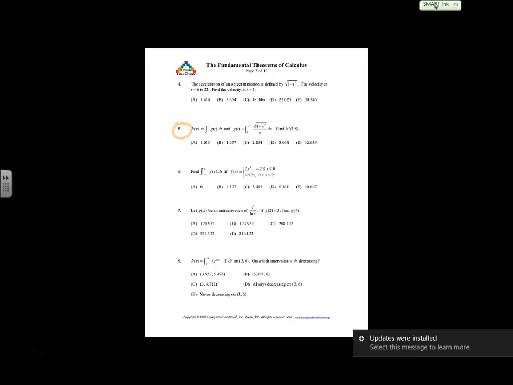So one way is looking at a rate or a derivative being inside the integral and having this outside be the original, like the amount of something. The other way of looking at FTC is how our Brever card goes, which says capital F of B minus capital F of A equals